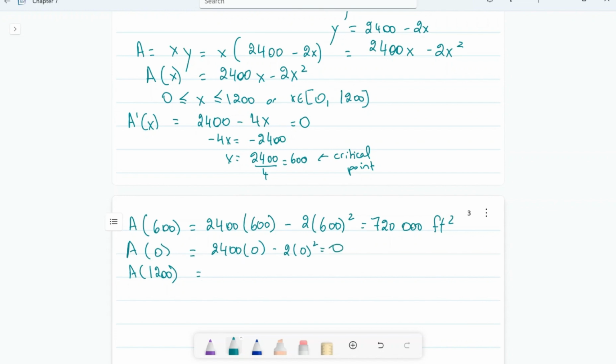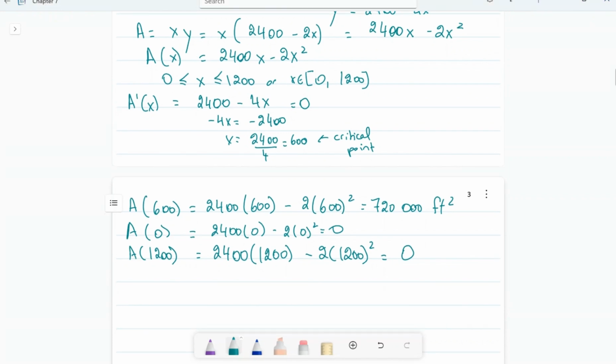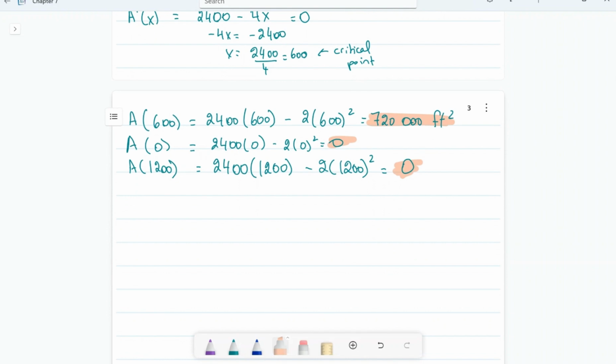And A of 1200 is 2400 times 1200 minus 2 times 1200 squared, which is also 0. So in these three values that we got, the maximum one of these values is 720,000. So we can conclude and say the maximum